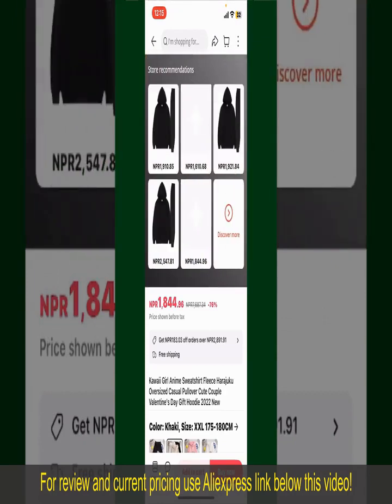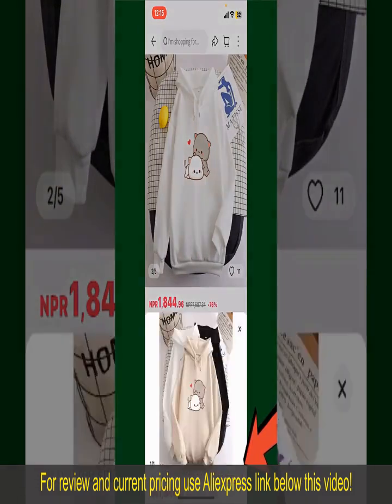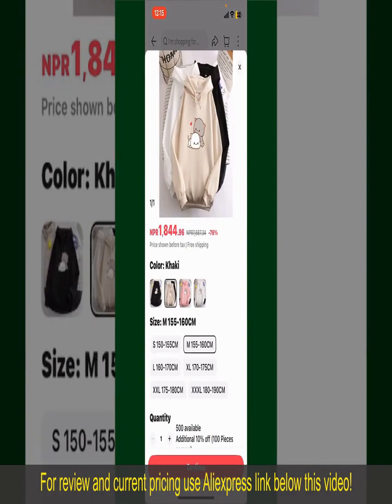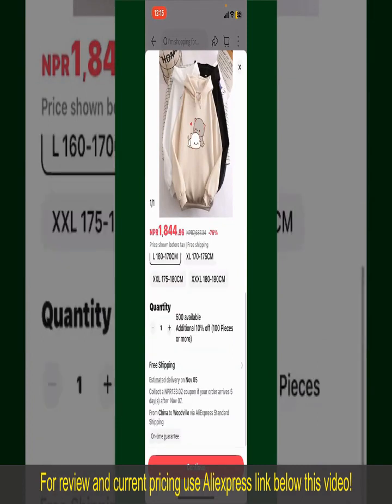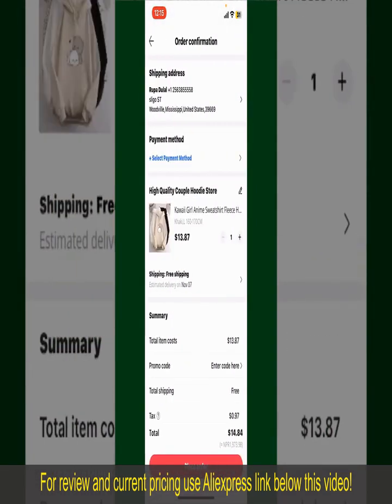You can select the size, colors, and the design. To order the product right away, tap on the Buy Now button at the bottom right-hand corner. Select the size for your product, and then you can also increase or decrease the quantity according to your need. Finally, tap the Continue button at the bottom, and then on the next page, fill in your shipping address and other information.